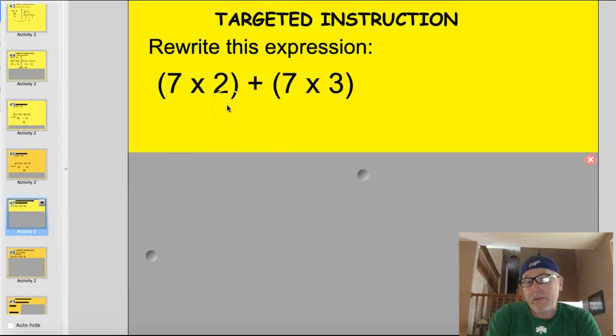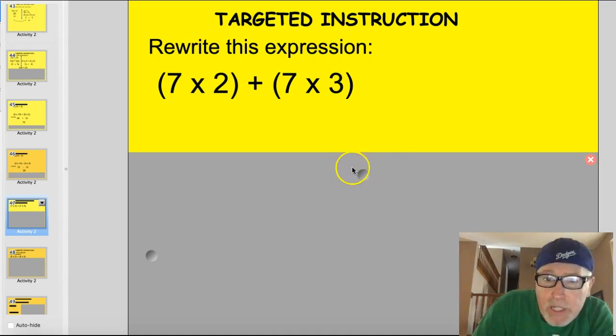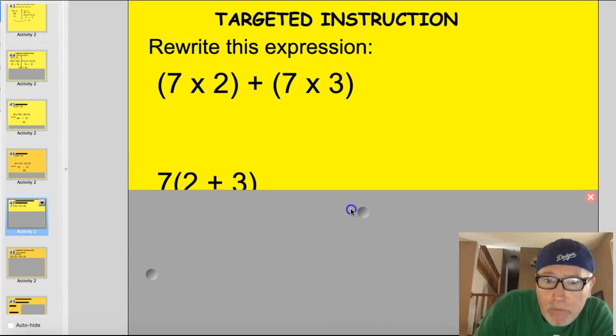Now, here we have 2 sets of parentheses. I'm going to see if you can rewrite it with 1 set of parentheses. Go ahead and give that a shot. Okay, this one's a yellow one. I'm going to do it for you. Let's take a look here. Well,